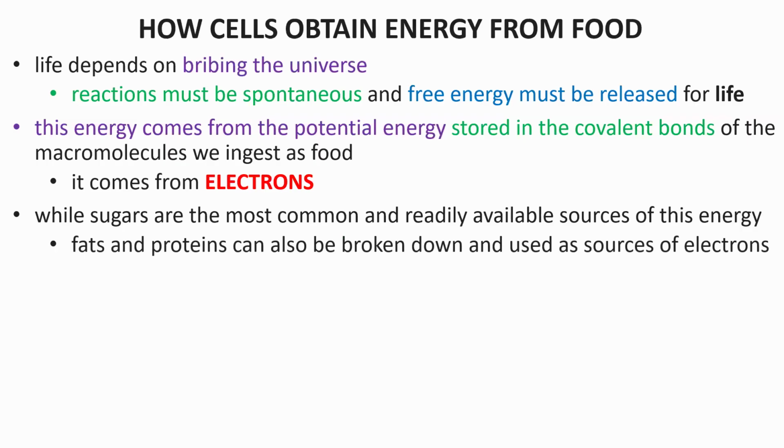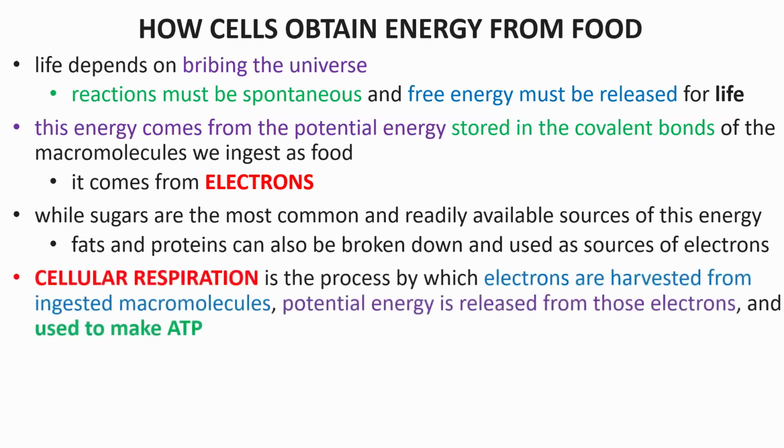It's worth noting that nucleic acids are a trivial source of energy. We do consume nucleic acids, RNA and DNA. They're in the foods we eat. Of course, we're eating things that were living, and so those living things had their own genome and had their own RNA. And we do break those nucleic acids down into their individual nucleotide building blocks. But we do that for anabolism. We take the nucleotides from the foods we ate and we use them to make our own new DNA and RNA. When we break those bonds, the rubber band covalent bonds of nucleic acids aren't very stretched out. So there's not a lot of potential energy of want there. There's not a lot of energy in those bonds, and so we really can't capture high energy electrons from them.